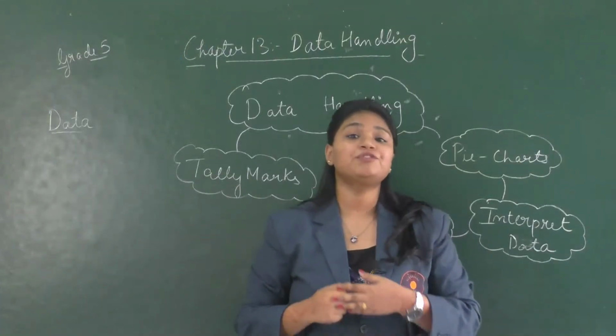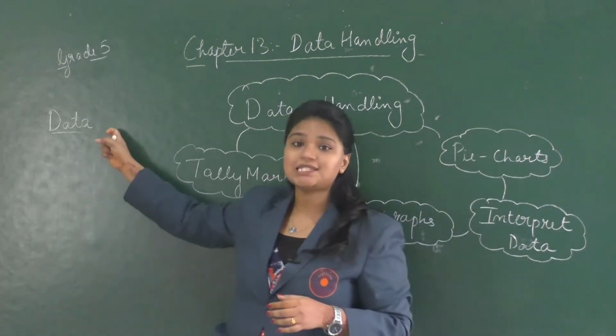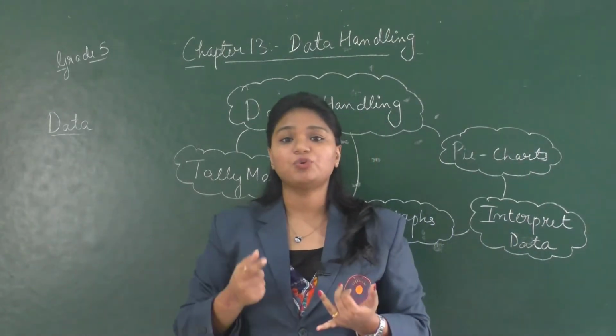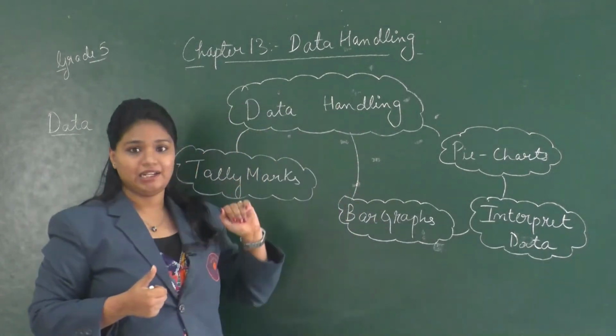Okay, so here is another image. Now just copy down the things that you notice in this image. You would have copied down the things in the form of numbers like 4 triangles, 4 rectangles, 5 stars, etc. So when we collect information in form of numerical figures or numbers, that is known as data. And when this data is represented or noted down in a meaningful way, that is known as data handling.